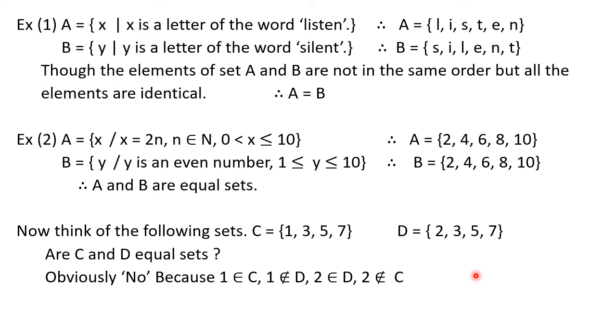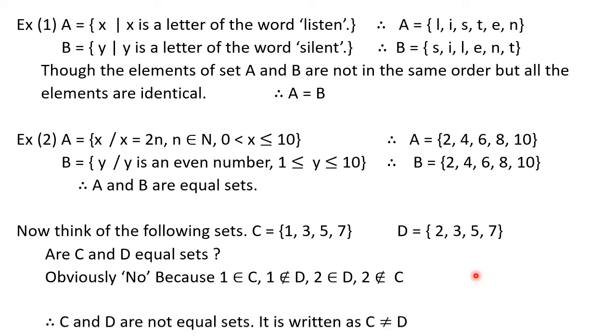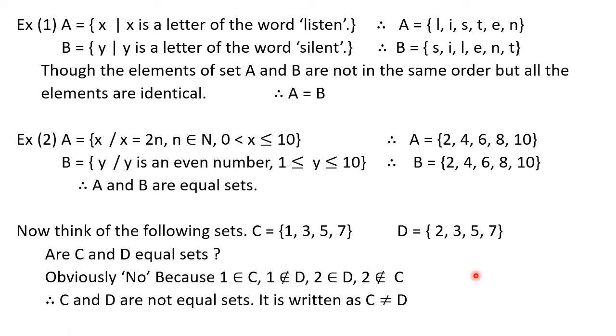Okay, let us go further now. So when we want to write down they are not equal, you have to write down the equal to sign and put a slash on that. All of you know the not equal to sign. This is the equal to sign and this is the not equal to sign. Got it?